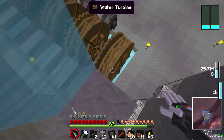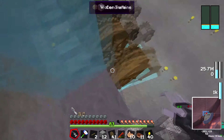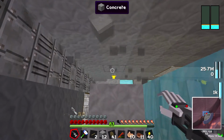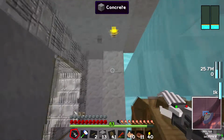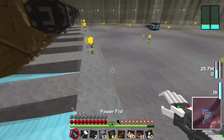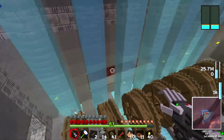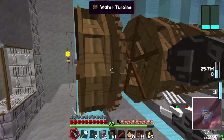As soon as it starts, it seems to be that if it's not flowing under the turbine as well as down the side, that it doesn't work. It may even just be that it needs to be flowing under, and the stuff flowing down the side doesn't matter, but there's only so much experimenting that I'm willing to do within a certain span of time. So that's basically